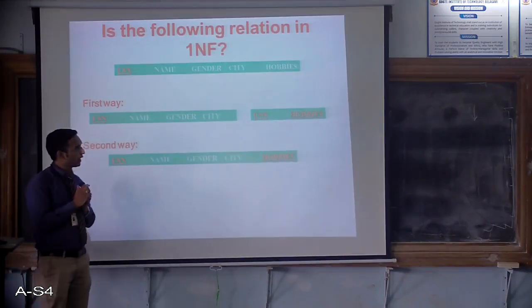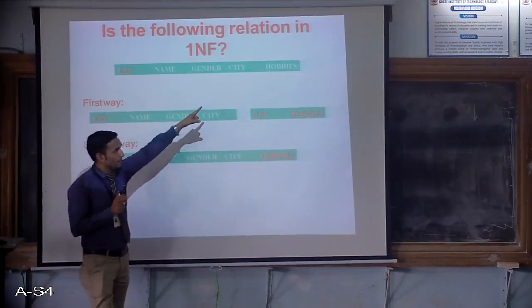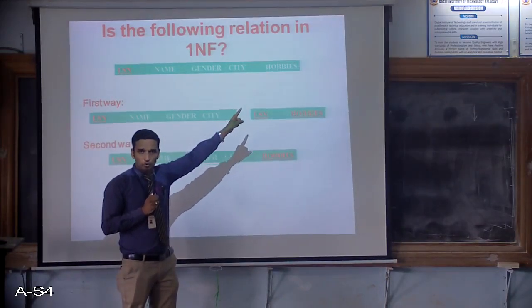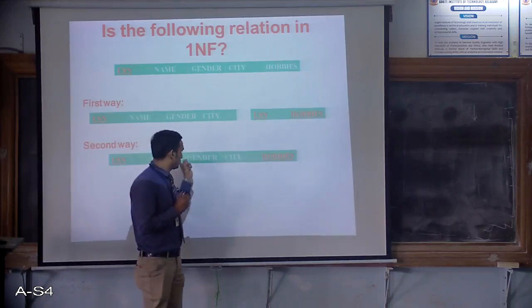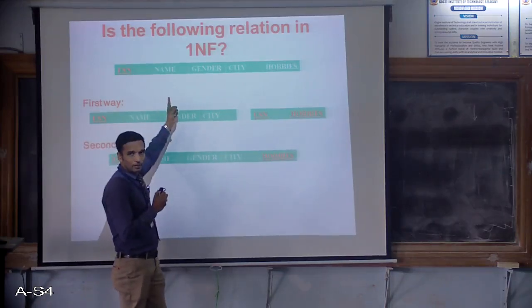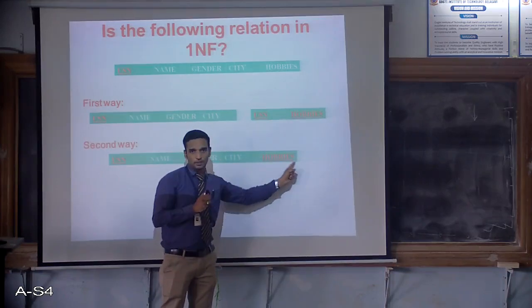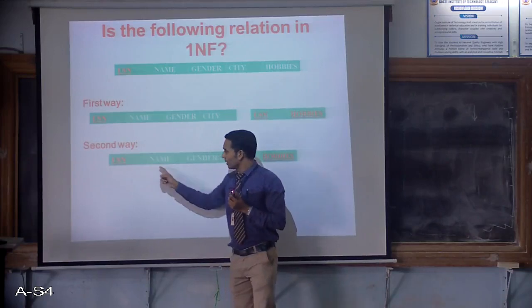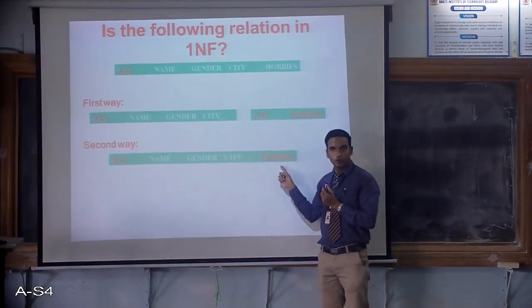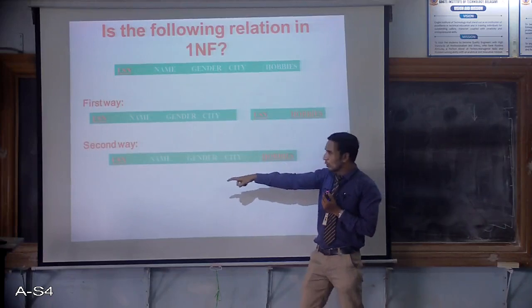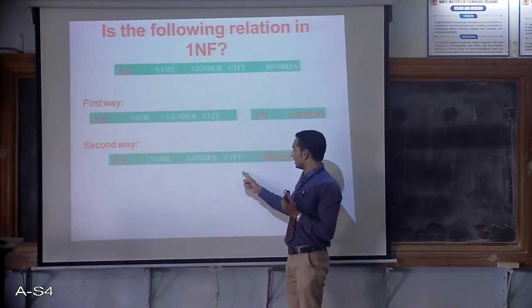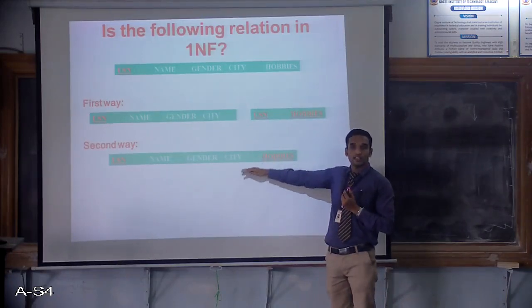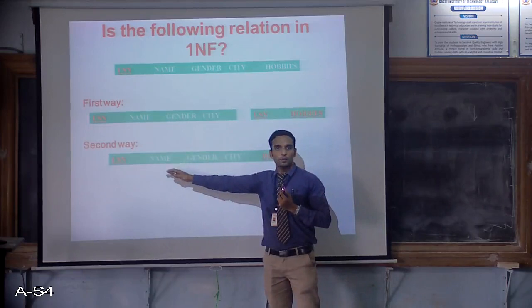Second way is, whichever attribute had multiple values. Now what is that? Hobbies. Hobbies has multiple values. So what you can do here is, along with the key attribute USN in the same table, you can make hobbies also a primary key. So what will happen here is USN1, name, gender, city, cricket. One you will do it. Again next row, USN1, name, gender, city, football. You can do this, but what happens is, redundancy increases. These values will keep on repeating again.